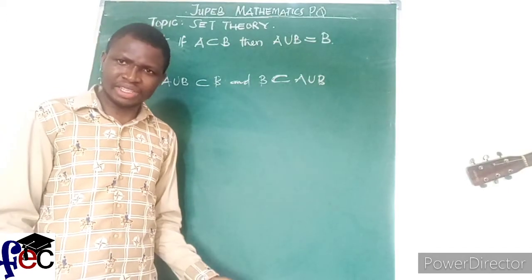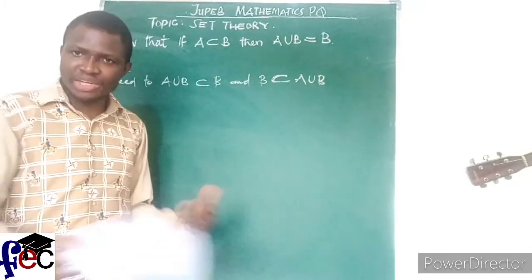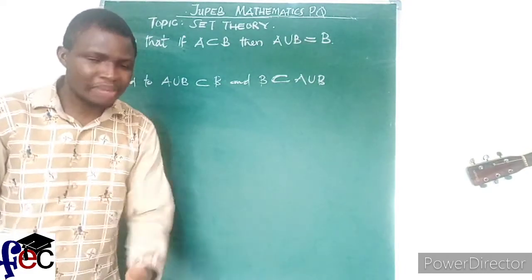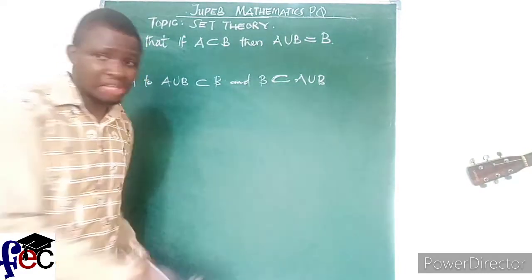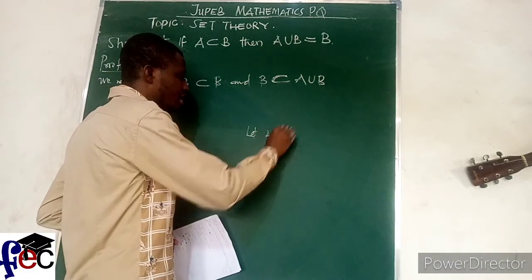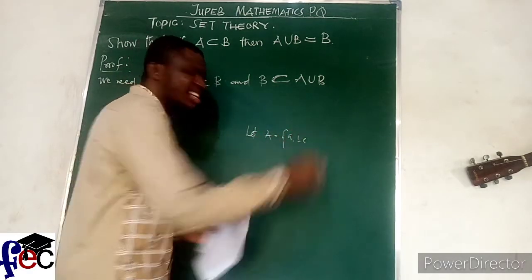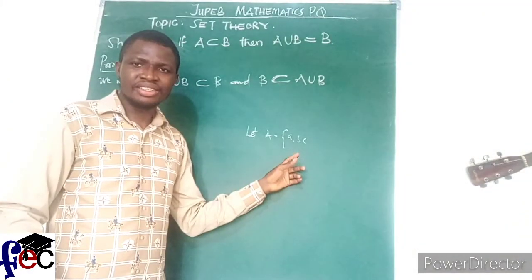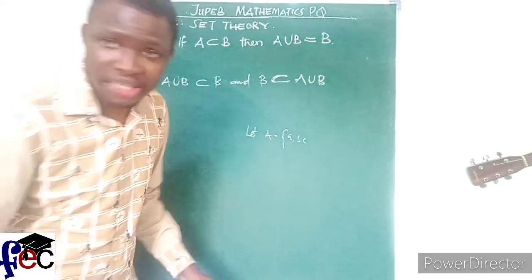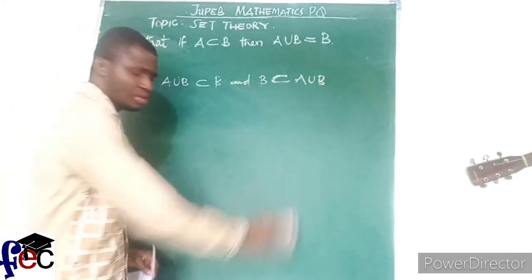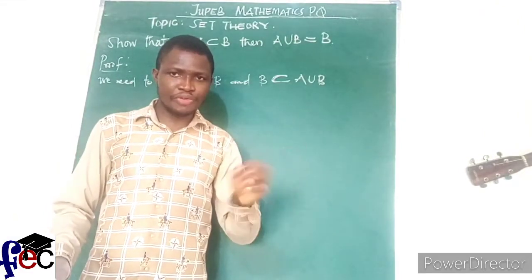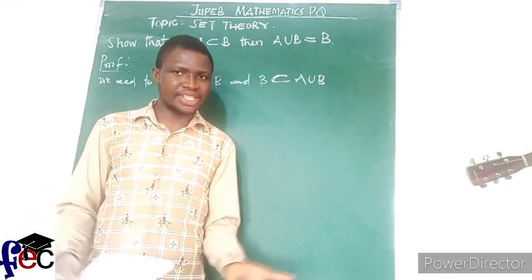Somebody will be asking me, there is no element now, where do we find any element from? Don't worry, don't panic. You could decide to represent it, let's say you have elements A, B, C. If you keep doing this, you will write as many elements as possible. So what do we do? This is an aspect of abstract algebra. You will need to think. Don't forget that you can represent.